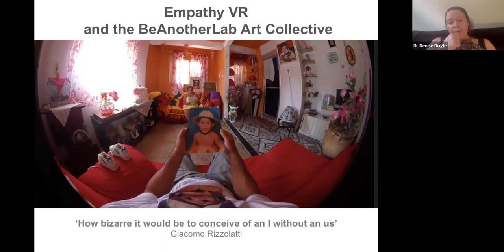So I was really interested in their work from the start because of their involvement in embodied practices. But I also became really interested in their work as an art collective and how that actually impacted on the work that they do. So the collective used this quote by Rizzolatti, the neurophysiologist who discovered mirror neurons, in their early works. And the longer quote describes how seeing someone else's emotions can activate the same part of our brain as when we experience the same emotions ourselves.